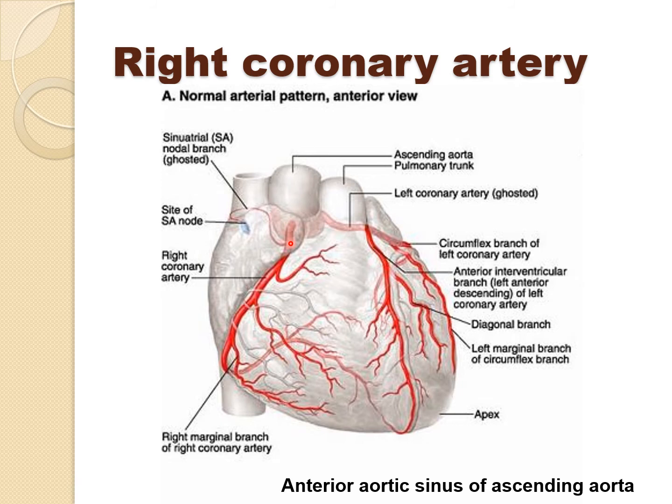At first the artery passes forward and to the right between this pulmonary trunk and the right auricle. Then it passes downward and to the right along the right part of this atrioventricular groove. It winds round the inferior border of this heart, passes upward and to the left along the posterior part of this atrioventricular groove, and reaches the crux of this heart, which is the meeting point of the interatrial, posterior interventricular and the posterior part of the atrioventricular groove.